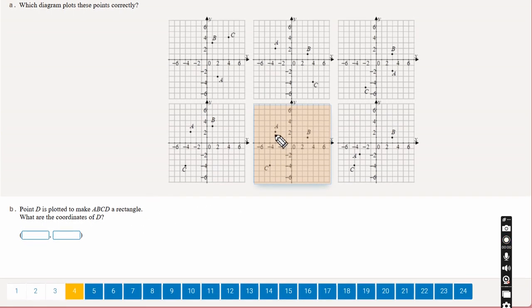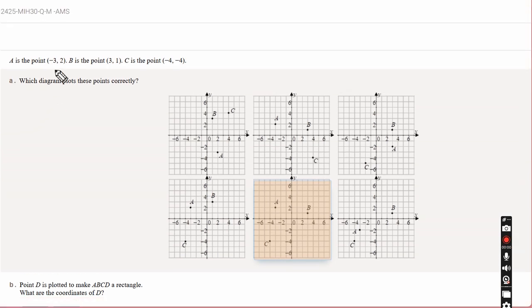Now remember, rectangles, they have equal sides. I mean that these sides are equal and then this side will be equal, right? So now what happens here is that A, how did it move to B? Let's understand that they've already given us those coordinates, so you can figure that out. So minus 3 to 3, it means it moved towards the positive, right? So plus 6. And you can, minus 3 to 0 is 3, and then 0 to, remember, let me make